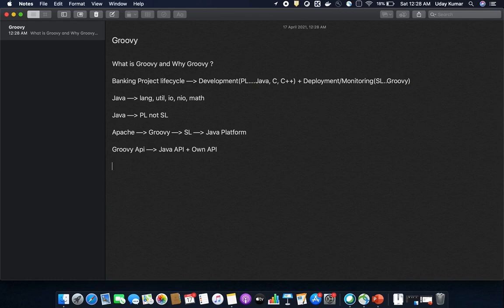So one important thing to note is that to run a Groovy script in your project, we need Java software. Because to run a Groovy script, we need Java software installed.